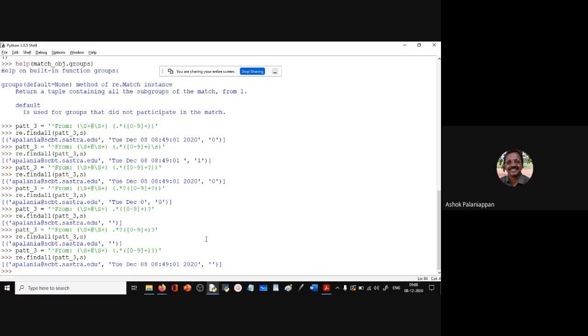All right, so there are some intricacies to the matching here. When I put the plus sign, it's just stopping with the first number alone. So I must have as many numbers, but without the white space. Okay, so let's not get into that complication.